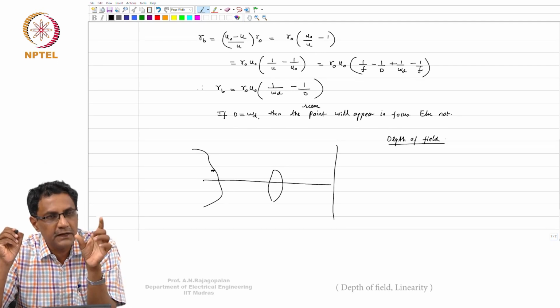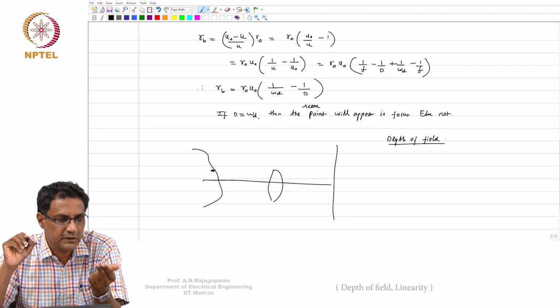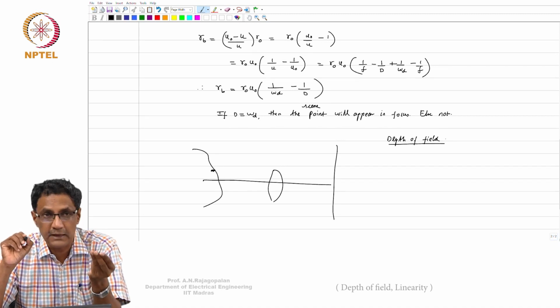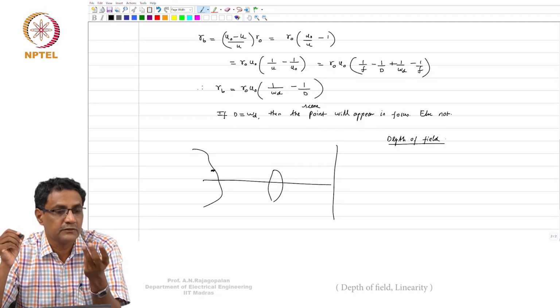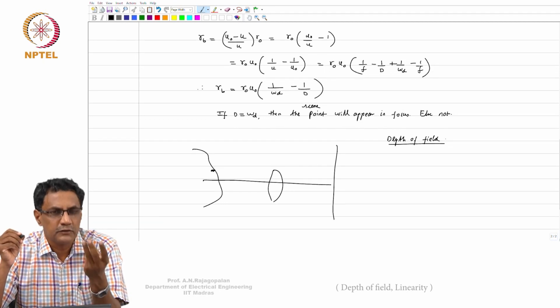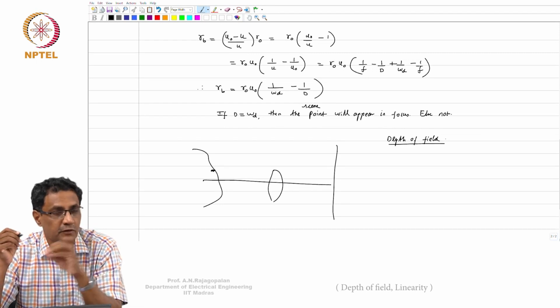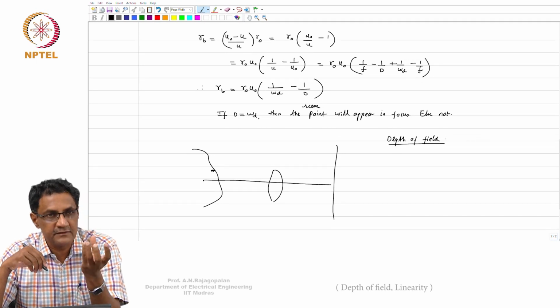So this depth of field changes for every lens, depending upon its aperture size, depending upon its focal length, and depending upon this circle of confusion that you admit, because it also depends on what you admit as being in focus. So there are 3 or 4 things on which the depth of field is a function. Now you can have lenses for whom the depth